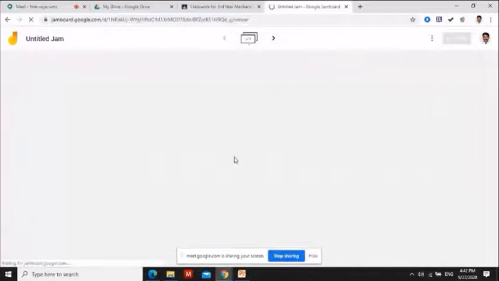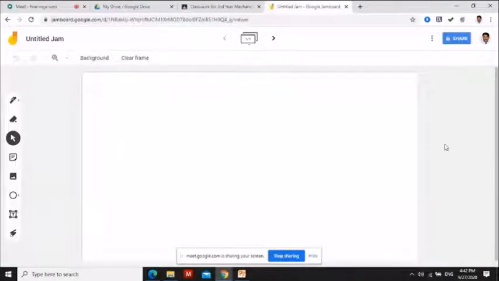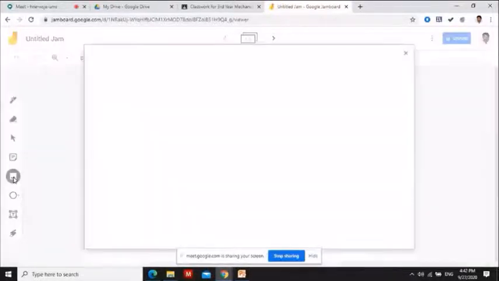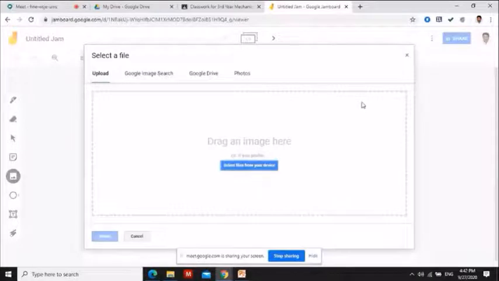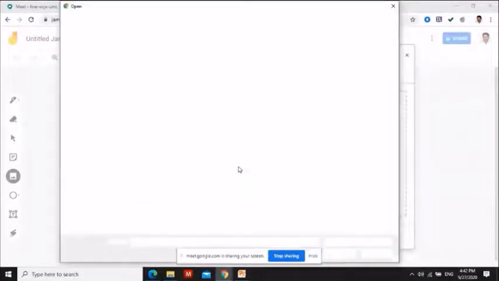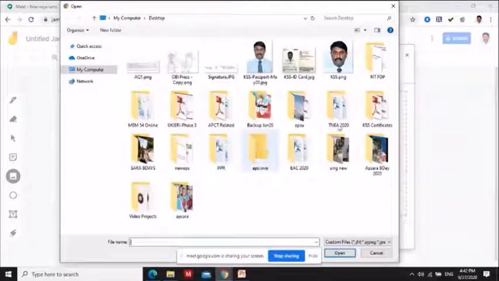As we have seen already, this is like a whiteboard. You can write on it, post it to the students, bring in your images, and type your text. These are some of the features available with Jamboard. Now I am going to give an assignment to the students with the help of Jamboard, so just follow along. I will tell you.